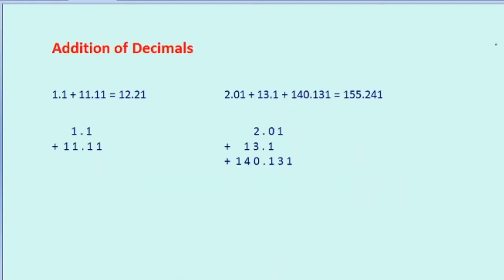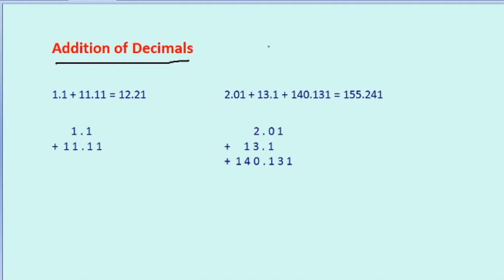Now let's move to addition of decimals. Now I'll tell you with an example. Here our decimal addition is 1.1 plus 11.11 equals 12.21. First we have to write them properly. 1.1 you have written. After that, the next number is 11.11. On the left side of the decimal, you write units place below units place, tens place below tens place, like this. After the decimal, you have to write the numbers as they are. If there is nothing here, it means it is 0.